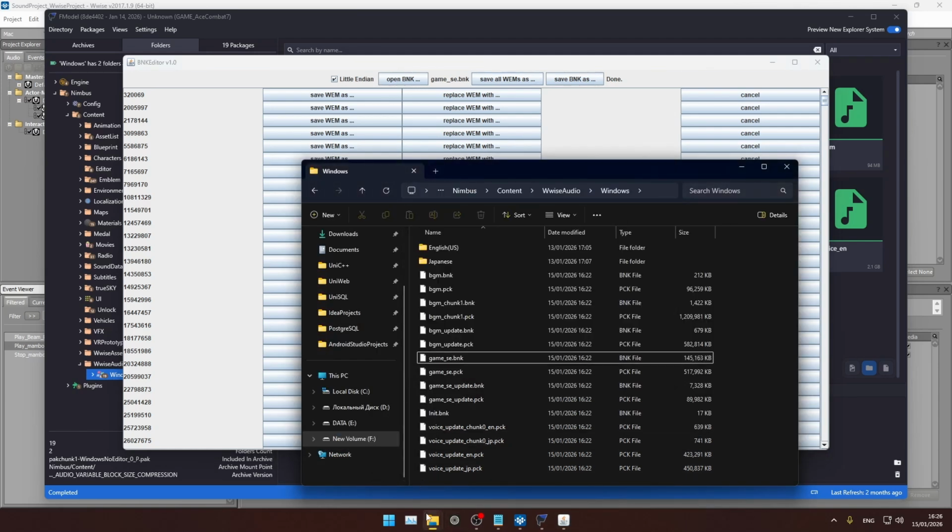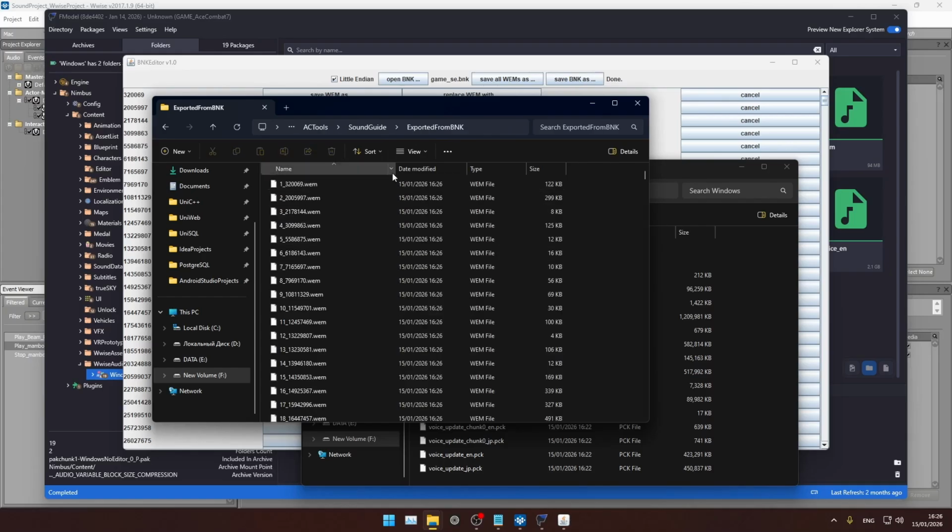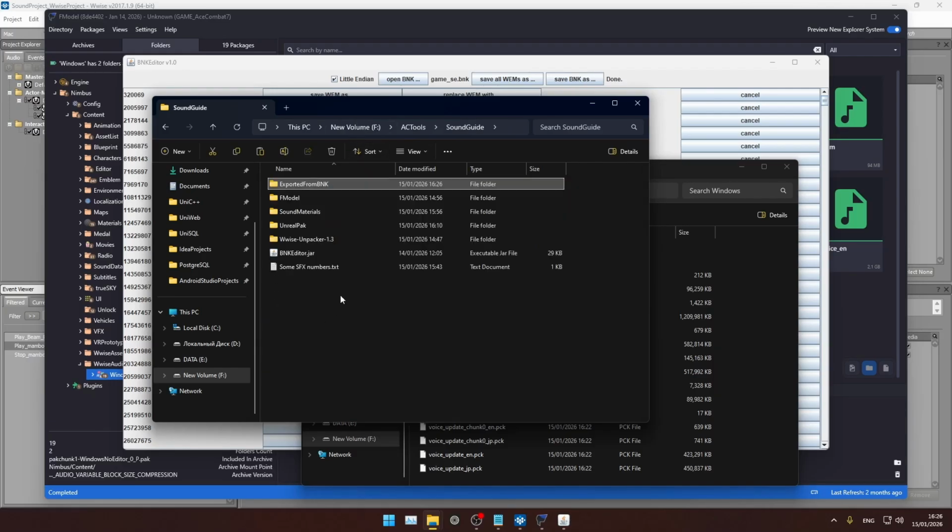After we have done this, we can go back to the. Okay, we can see this folder here, and we can see this whole bunch of WEM files, which are the audio files, but they are encrypted and we cannot play them for now. And to be able to actually play them, we need to copy them, and this is where the Wwise unpacker is needed. Not to actually unpack, but it converts the WEM files into WAV files or MP3, but WAV is objectively better, so we're gonna create